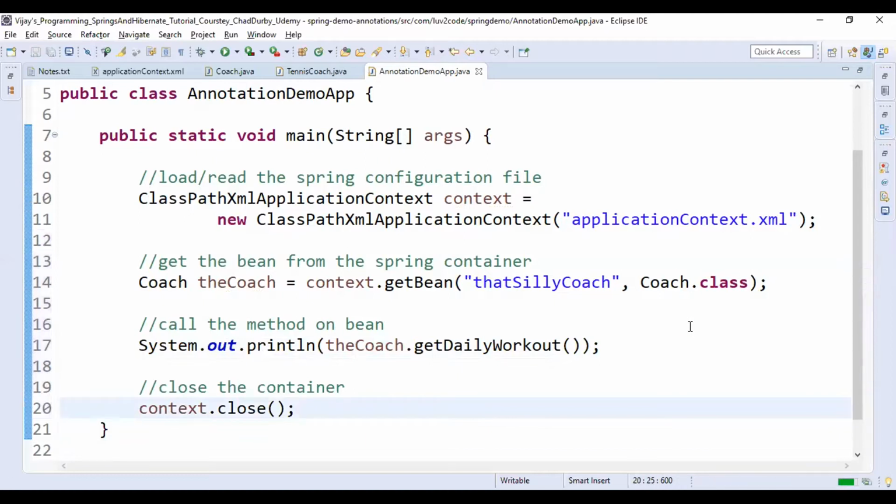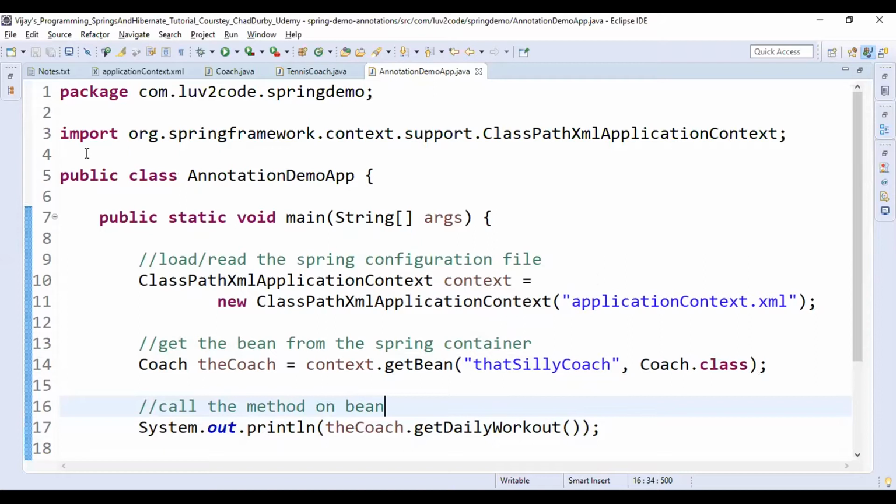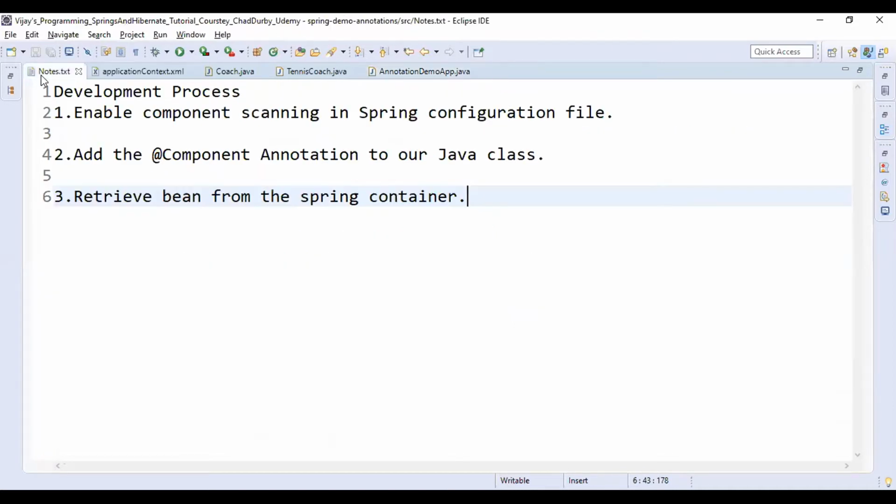Save it. Come back to the notes.txt. We have finished all the development process.